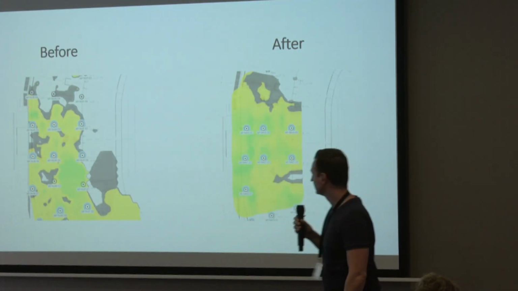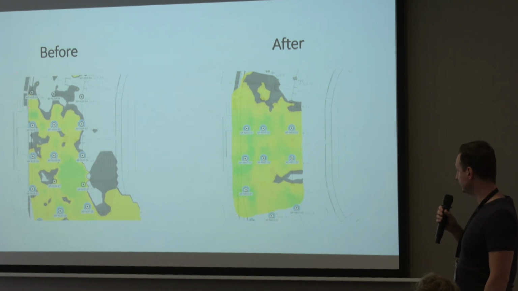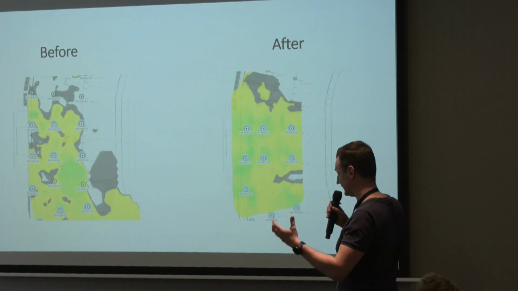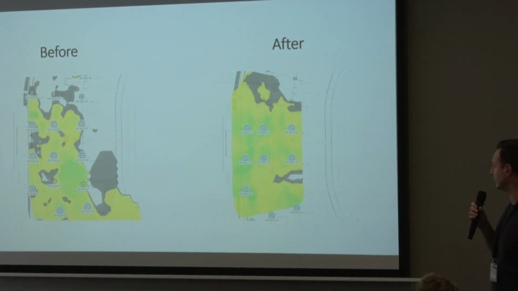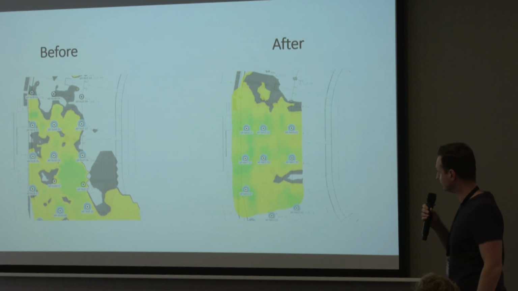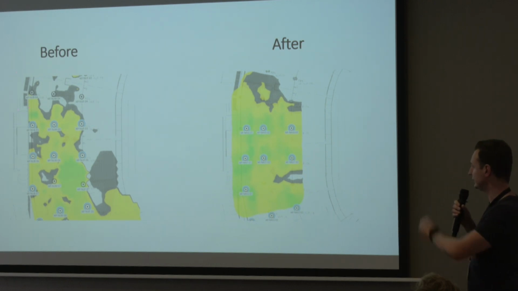Let me give some examples. On the left side, we see the situation as it was before, and after the new design, with the new antennas, new technology, and lowering the APs and antennas, we get this pattern. We still have to do it for the whole stadium, but here you see some parts we already did.